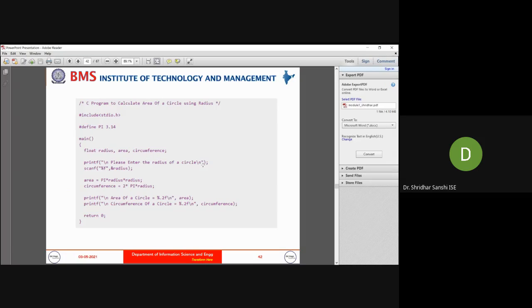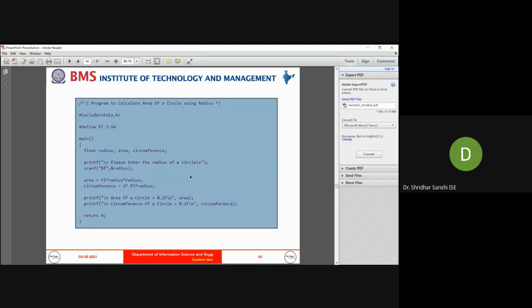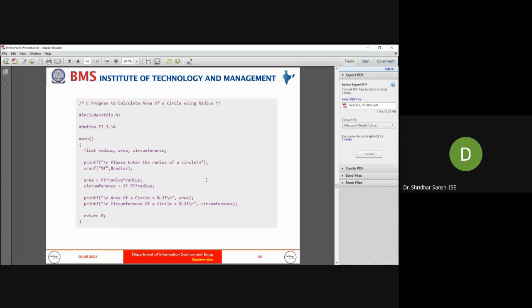Here is an example C code using constants and variables. You can see here we have defined the constant using hash define. The variables we have used are radius, area, and circumference.